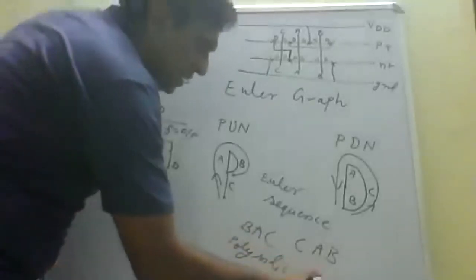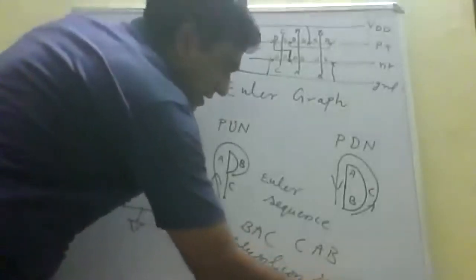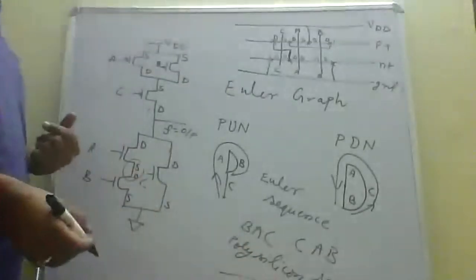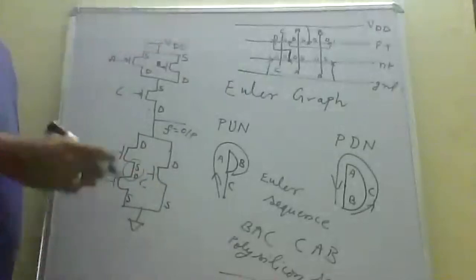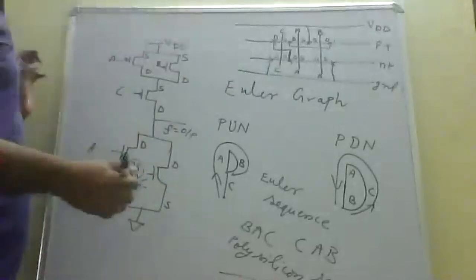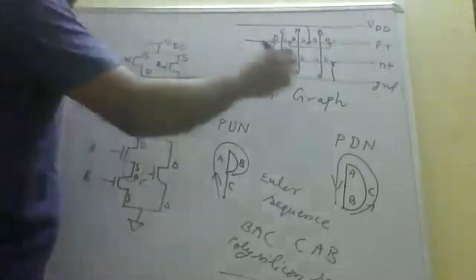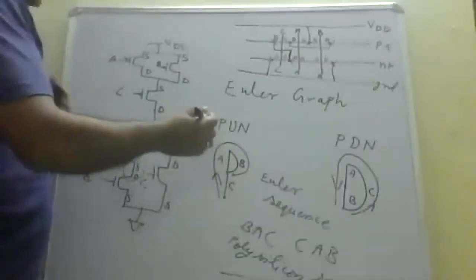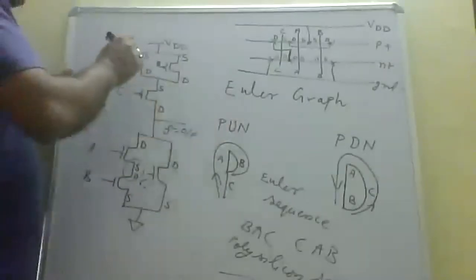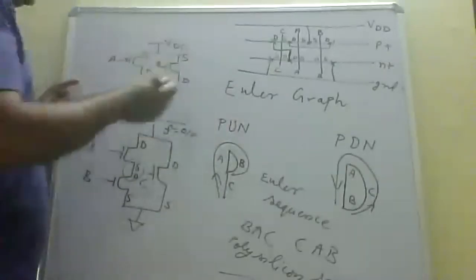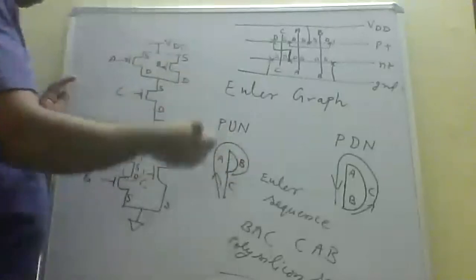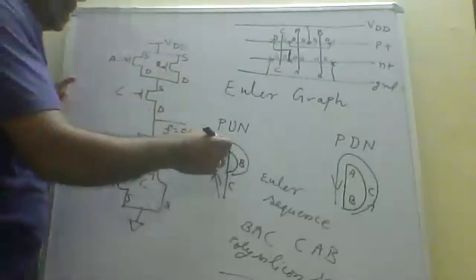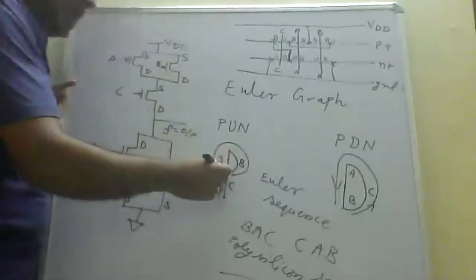Polysilicon sequence. So this sequence is very necessary to understand, otherwise there will be a breaking of the actives, and whenever there is a breaking of active, the layout area will be greater. So in place of getting that, we have to use this Euler graph concept. So repeating again, how to make Euler graph with the schematic, whether they are in series or parallel, we have to draw a simple line, and this line can be of any curve.